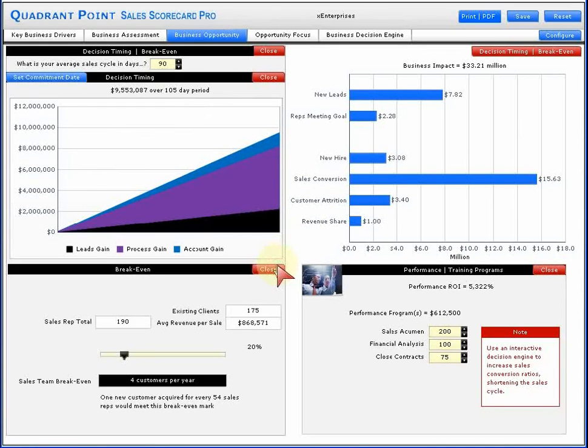Break even, similarly here, this takes a look at, for a given sales margin of the business, what if you made these kinds of changes, what would it have to look like in terms of how many new customers for X number of sales reps, or how many customers per year for a given sales margin of the gross margin for the business. So very powerful metrics here to further move ahead that discussion around your training,